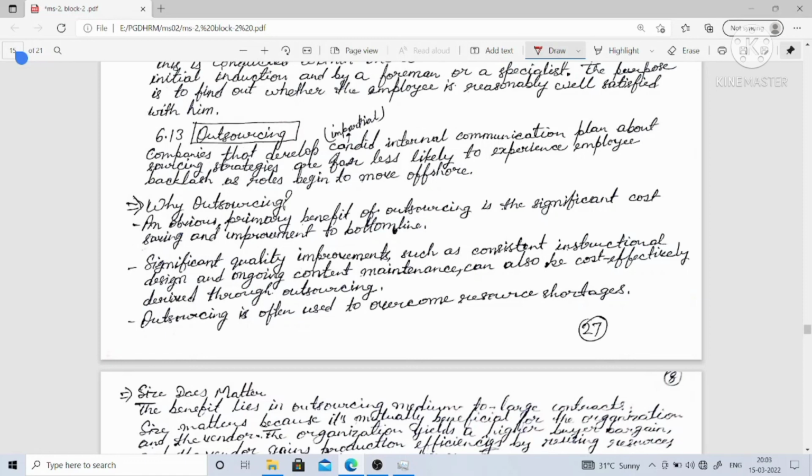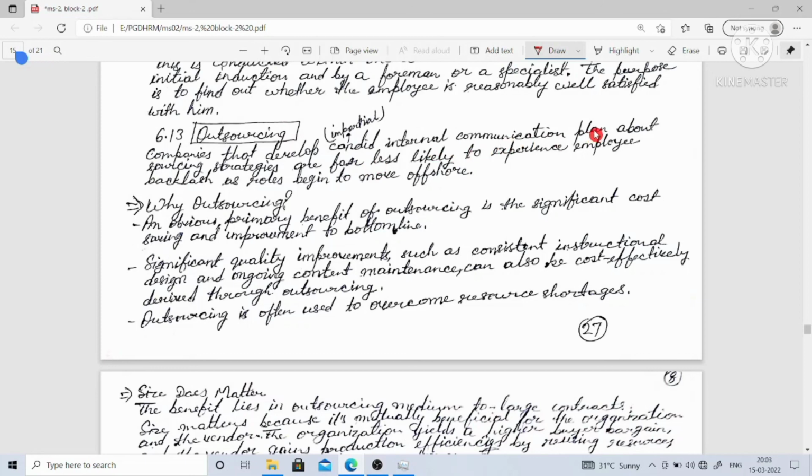So if the organization or company is impartial in its internal communication and plans to outsource some activities,